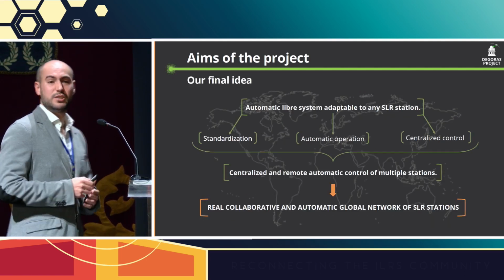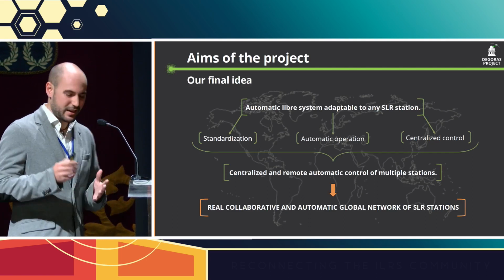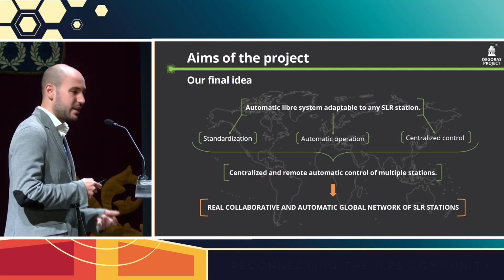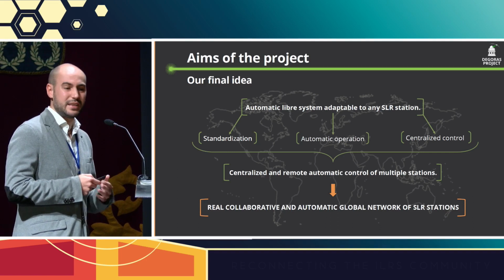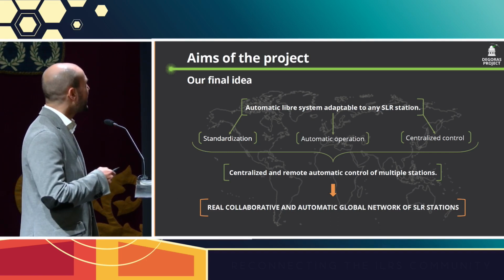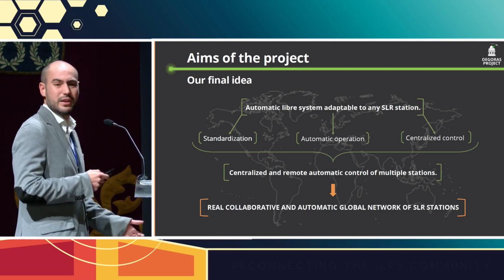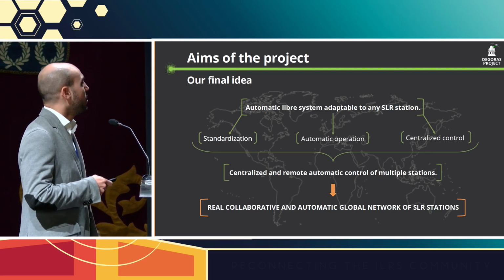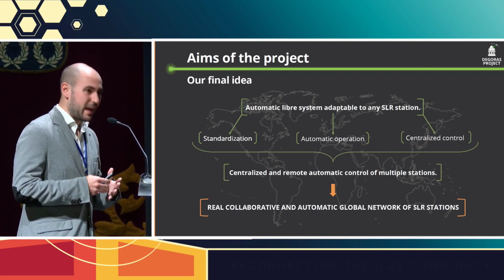About this ambitious idea, I think that in general, an automatic system adaptable to any SLR station should allow the SLR scope standardization, automatic operation, and centralized control. In other words, a centralized and remote automatic control of multiple stations. And well, I believe